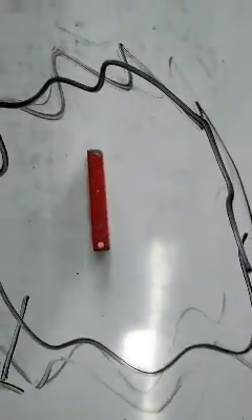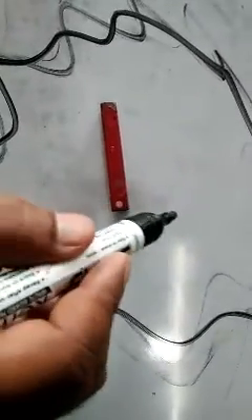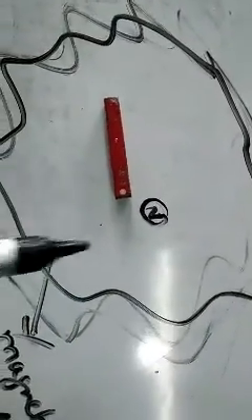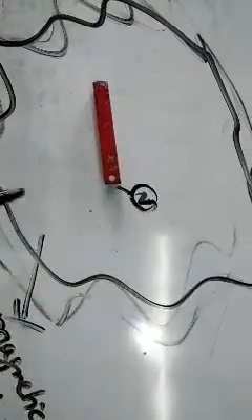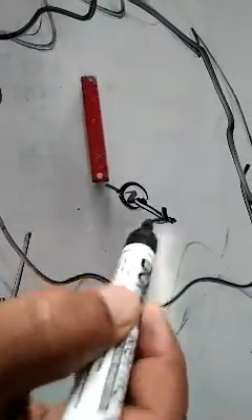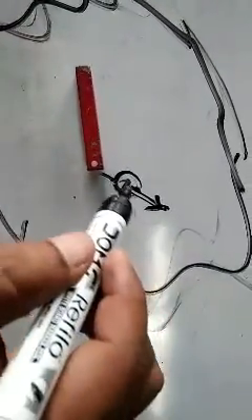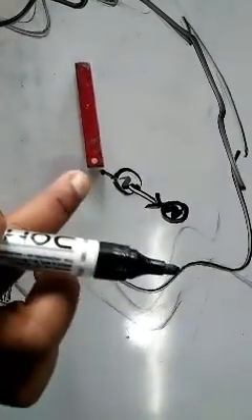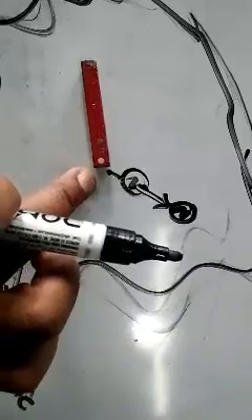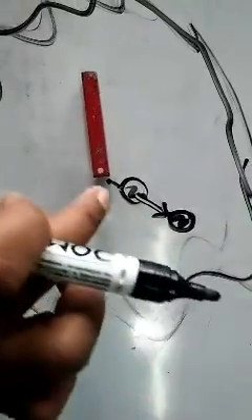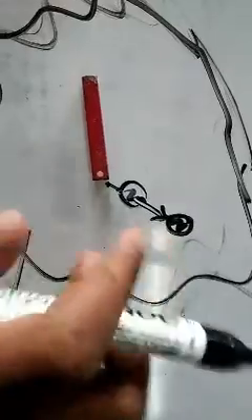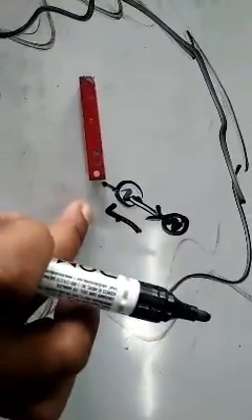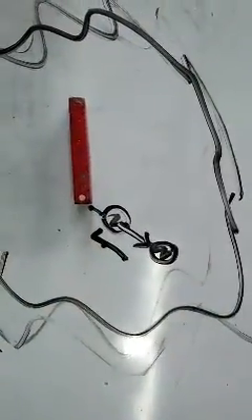Now in this magnetic field, if I keep a unit north pole like this, only the north pole. See, a north pole repels, right? So this north pole will move in one direction. This magnetic north pole is repelling the unit north pole, a force is acting on this north pole by the magnet. Automatically this north pole will move in one direction.